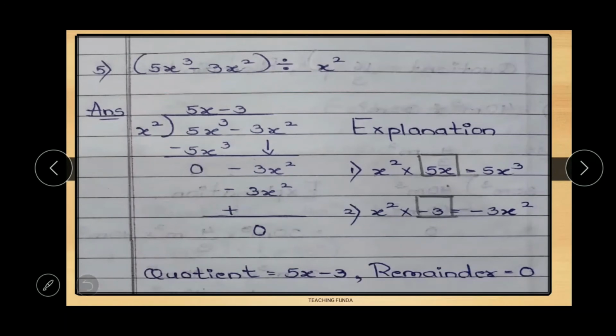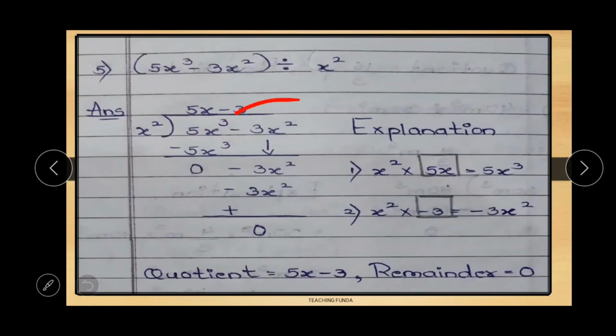So first step, x square into what number will give you 5x cube. Now x means here just simple 1 is there. So 1 into what will give you 5? 1 into 5. So here you will write 5, and x square into what will give you x cube? x square into just 1x. So x. So you will put it over here in the vertical form. 5x cube minus 5x cube is 0. But how? Here in the question you will write 5x.